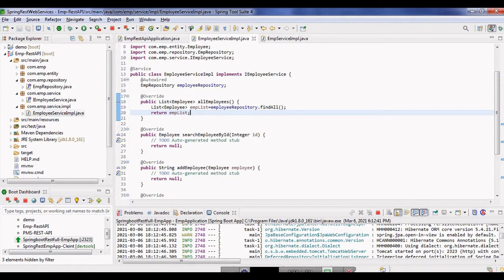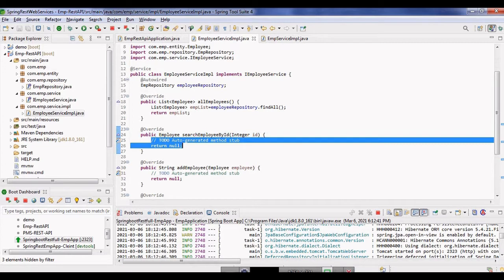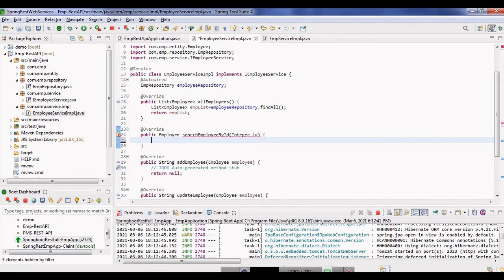And now we can add the code for searching an employee by a particular ID. What it is going to return is basically the employee object. So let me write down the code.